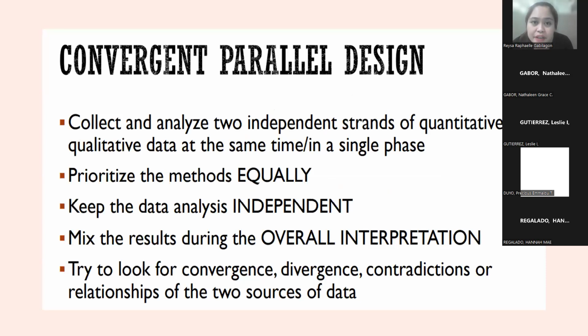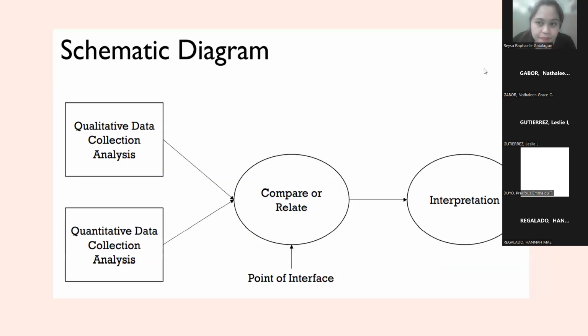So the first one, we have here convergent parallel design. Let me just use the illustration on the next slide para maintindihan natin siya. When you say convergent parallel class, you will be collecting both quali na data, so I'm talking about linguistic data, and at the same time quantitative data, and this on the same phase of research, okay? So at the same time, but they are treated separately from each other. They will be analyzed separately also. So they will be like individual data class for our research. So we will be doing collection and at the same time analysis separately, but at the same single phase of